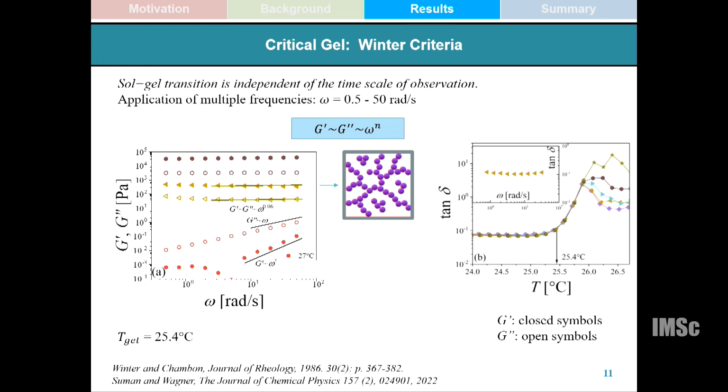So we carry out this experiment and see the temperature at which tan delta becomes independent of frequency and G double prime and G prime obey identical power law scaling, and we characterize that as the critical gel point temperature. This is the temperature where there is the first instance of forming a percolated network,